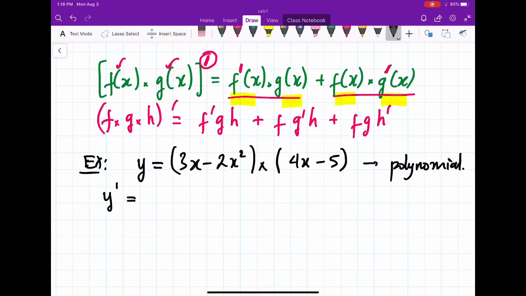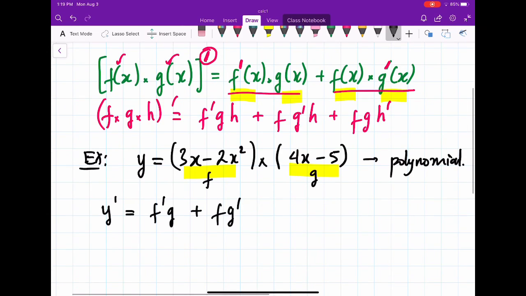But we don't have to do that. We can use the product rule because in this case, you have a product of two functions. This is the first one, this is the second. You can write this is f, this is g. So the derivative right here is just equal to f derivative g plus fg derivative. I try to rewrite the formula all the time because